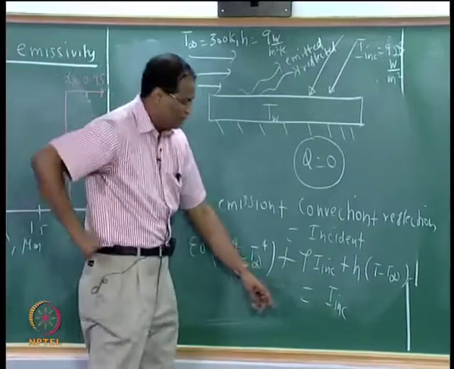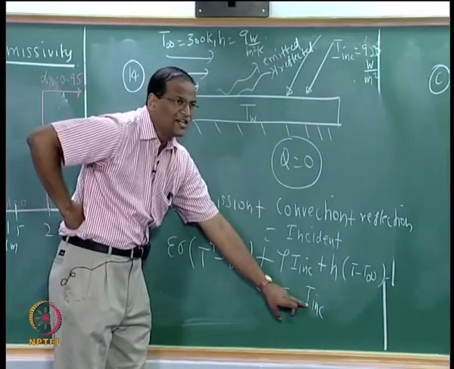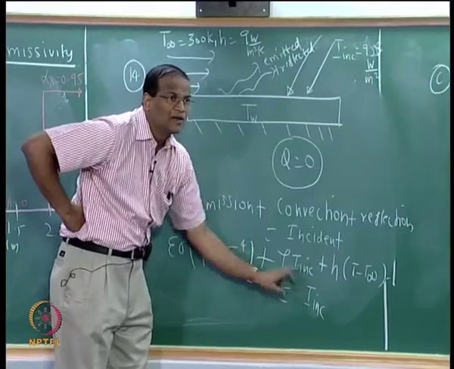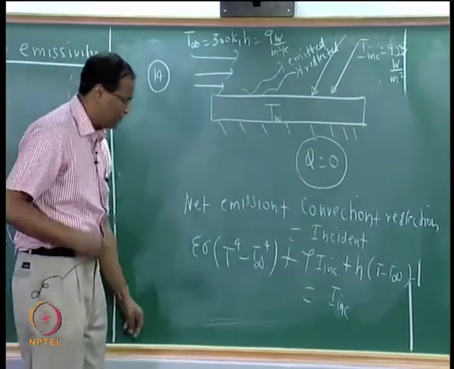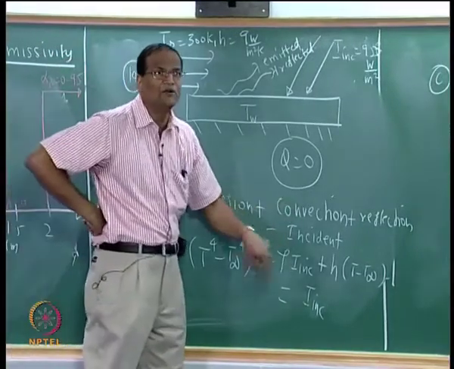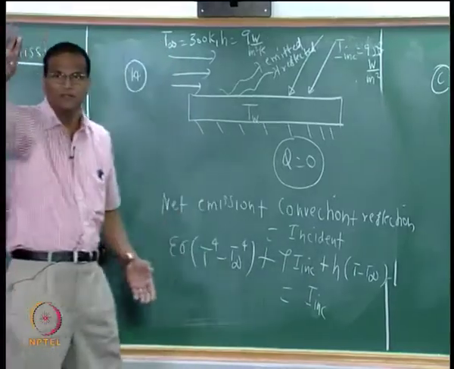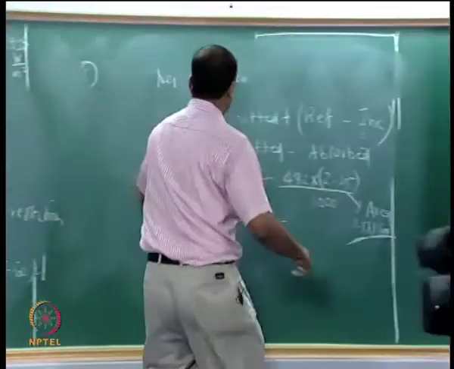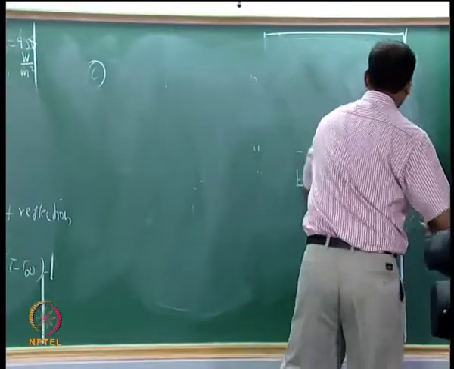Yeah, please look at this. On the right side you have got incident radiation minus rho times incident, and 1 minus rho will become alpha. So the right side will be net absorbed, that is also another formula. So you can say that net emission plus convection equal to net absorbed. Okay, that is more intuitive. Okay, now